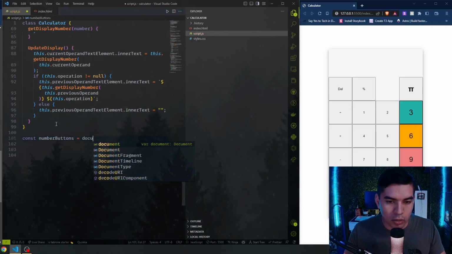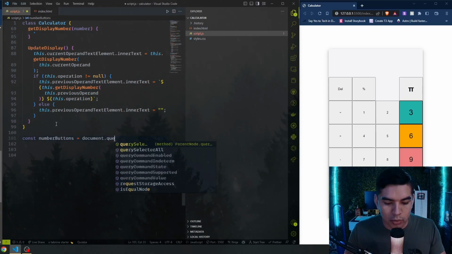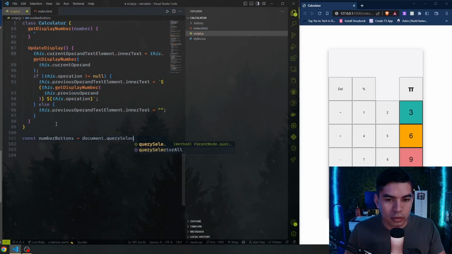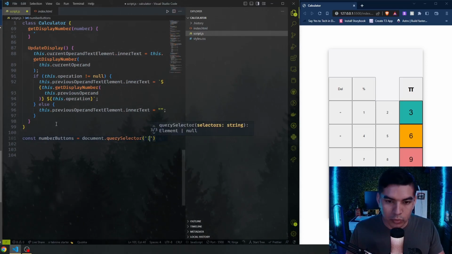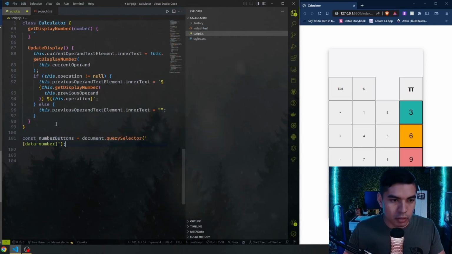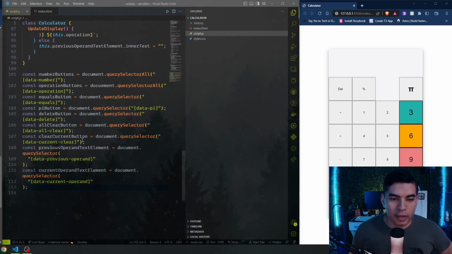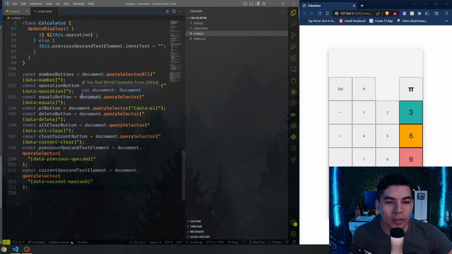It's going to be document.querySelector, and we're saying data number, right? Okay, so I went ahead and just pasted the rest of them in just because it is a repetitive motion. And so I think for this, just to explain really quickly, all we're doing is saying we're